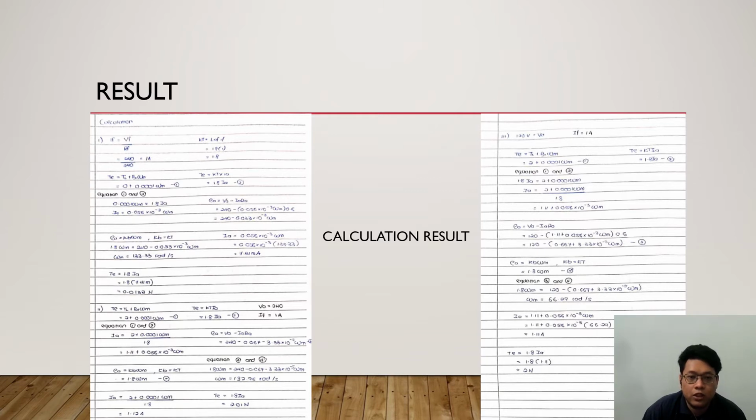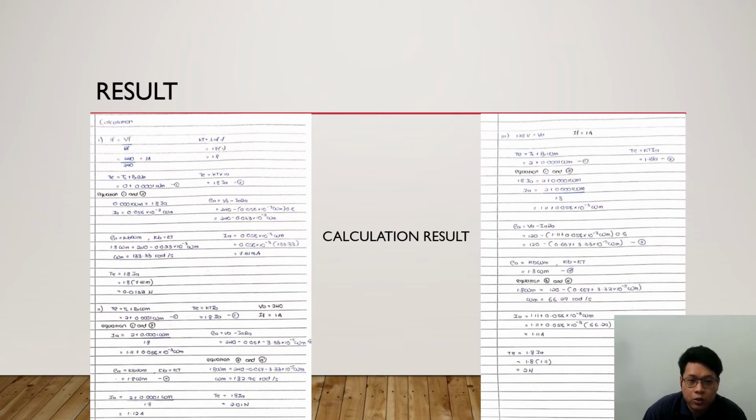So the formulas used are V equal to IR, KD equal to LAF times IF, TE equal to T load plus B omega m, meaning the speed omega m. So we have another formula for the torque, that is KT times IA, and we use the EMF formula, that is EA equal to VA minus IA RA, and another formula is KB omega m. So the KB is equal to KT, the torque constant.